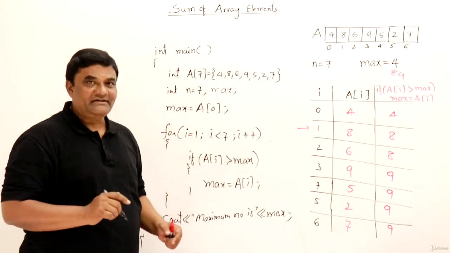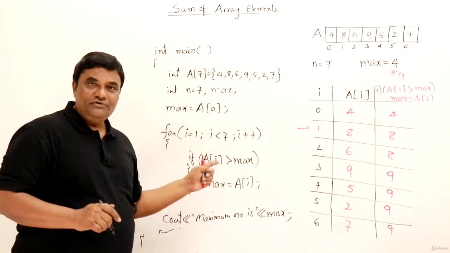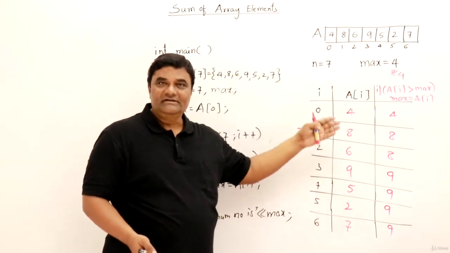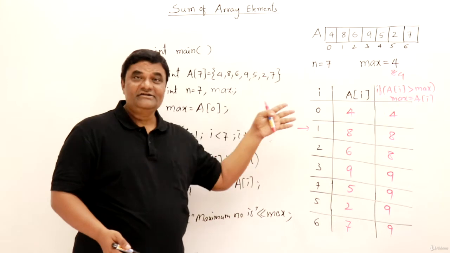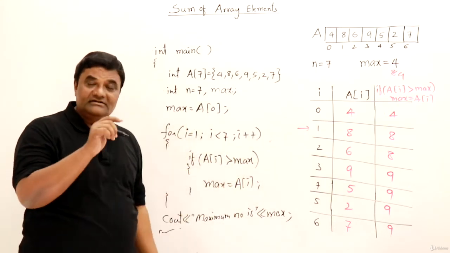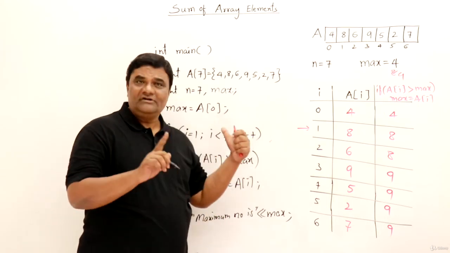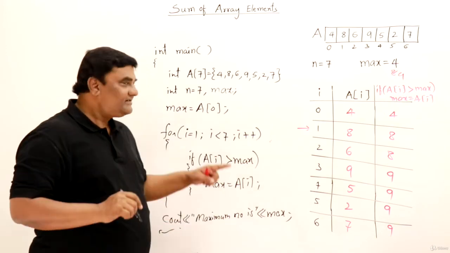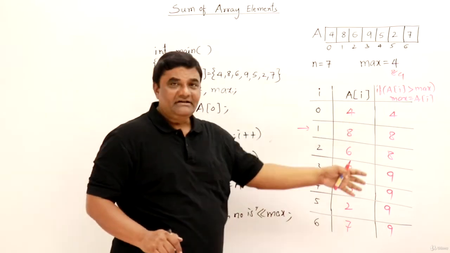And one more interesting thing, if this is the program in front of you and you want to know how this program works, then this is what you can do. This you can call tracing of a program. So first we have done tracing, then from there we wrote the program. This is the right method. If it is somebody else's program, somebody else has written it, then you can understand how it is working by making a table like this.